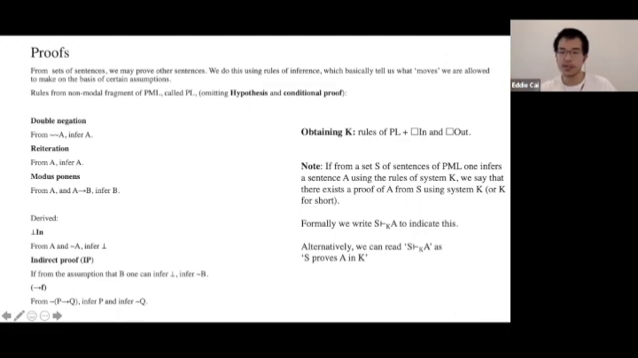So if from a set of sentences, one infers a sentence A using the rules that constitute system K, so the rules of transformation, let's say, that are provided. If that happens, then we say that there exists a proof of A from S using system K. So what this means is just that,